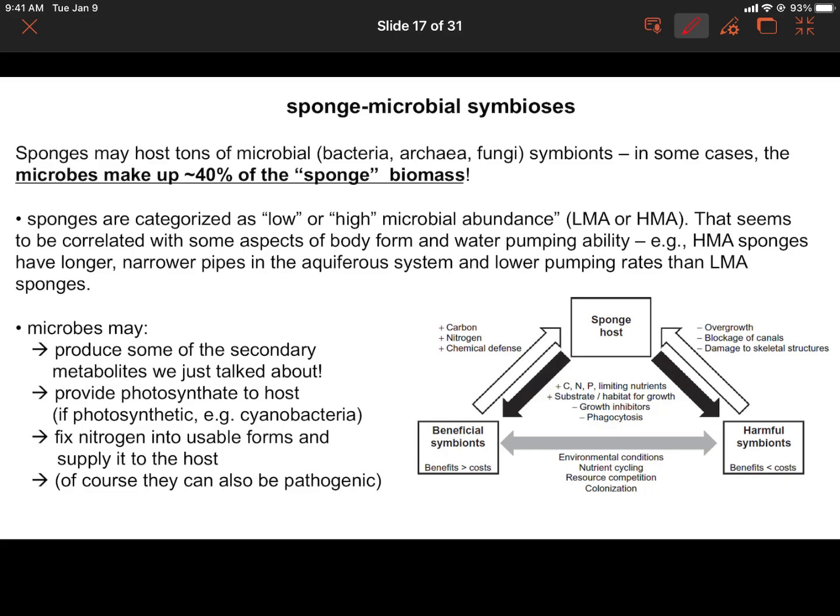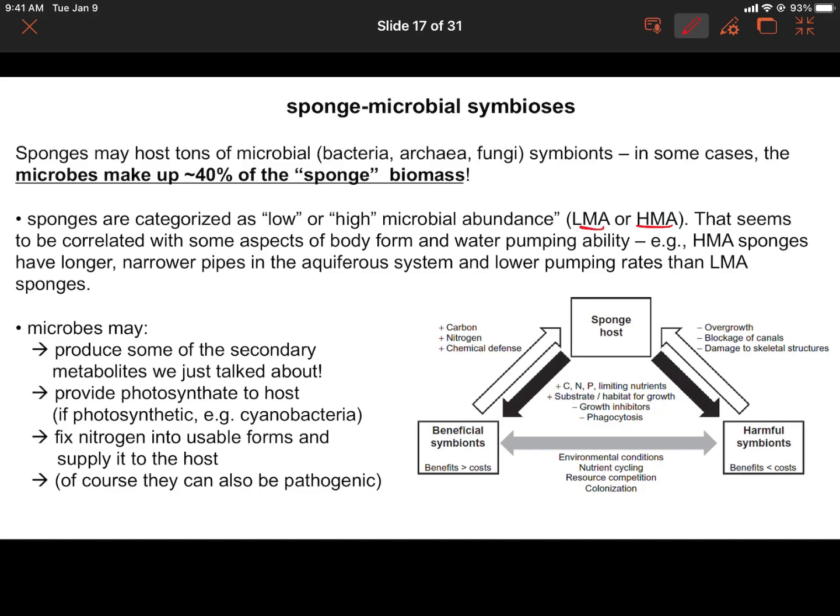actual sponge tissue. Okay, just in the past 15 years or so, people have started to realize that you could categorize sponges into two relatively discrete categories as LMA or HMA sponges, low or high microbial abundance. So it's pretty discrete. Some have relatively few and some have buckets of them. And then the amazing thing is that there are differences in the biology of these sponges related to their microbial abundance. So for example,